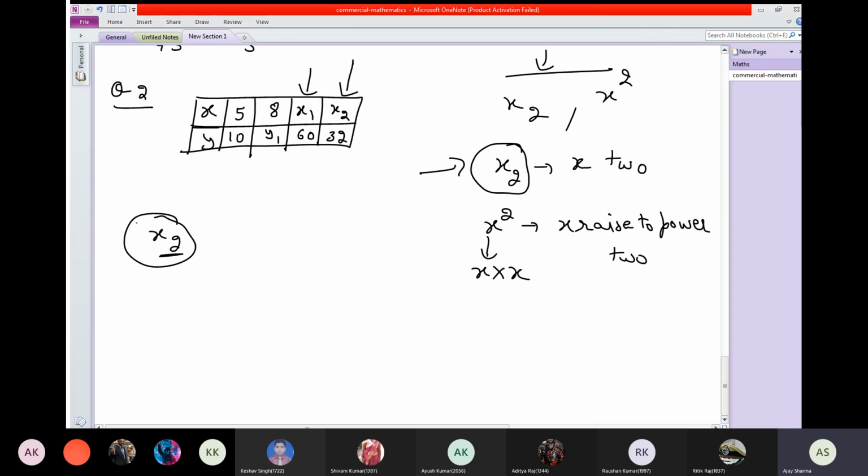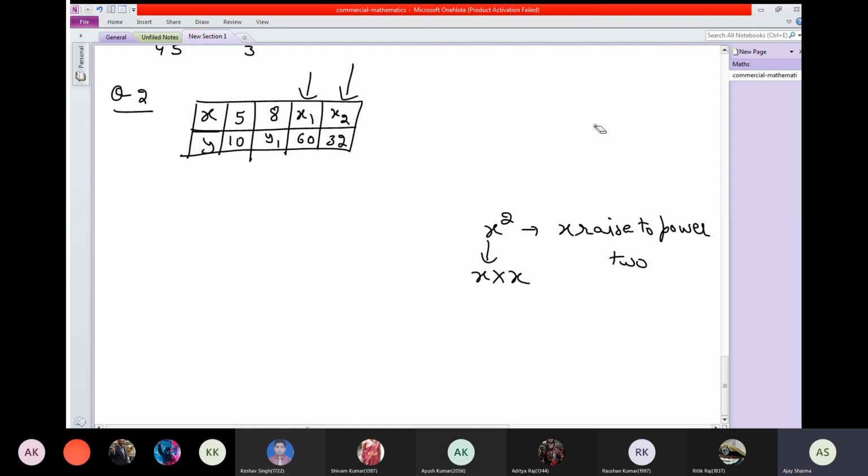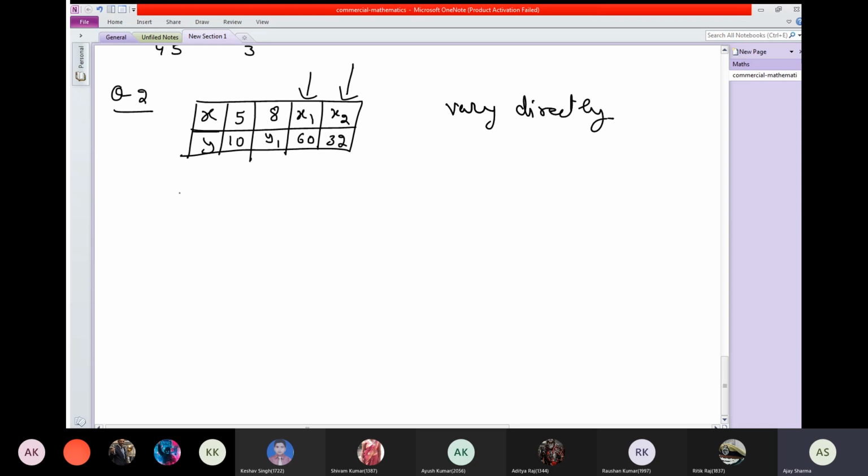Now we have to solve it again in this question. What we have to find? We have to find the value of x1, y1, x2. Three values we have to find. When we have to find these values? When they vary directly. Directly means their ratio must be the same. What is the ratio of the first? 5 by 10. What is the ratio? It will be 1 by 2. 5 can cancel 5 as the numerator 1, and 5 can cancel 10 at 2 as your denominator. You can see 5 into 1 is 5, 5 into 2 is 10, and you get 1 by 2.